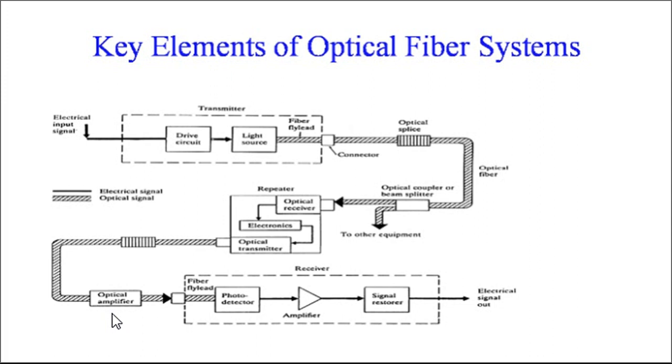But in one type we can convert the optical signal into electrical, modify or boost it, and again transmit it to optical. In another one, we directly boost the optical signals. We'll learn about the regenerators as well as the optical amplifiers in depth in the coming lectures. Then it will be connected through a connector to your receivers. So, a photodetector is there.